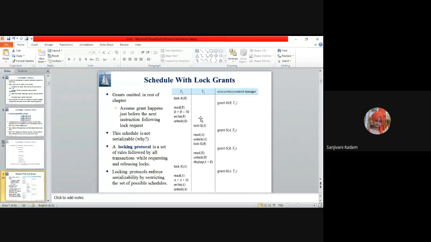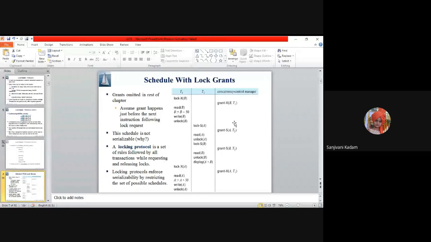Unless and until the concurrency control manager grants the request, and unless there is unlocking, no other transaction will be allowed to read that data item, and hence we are achieving isolation.